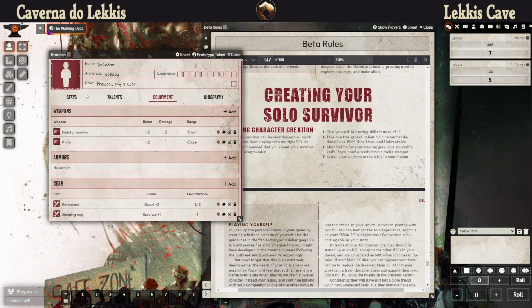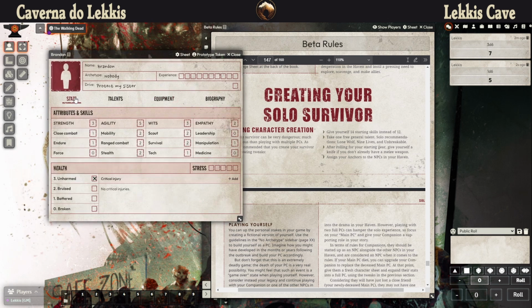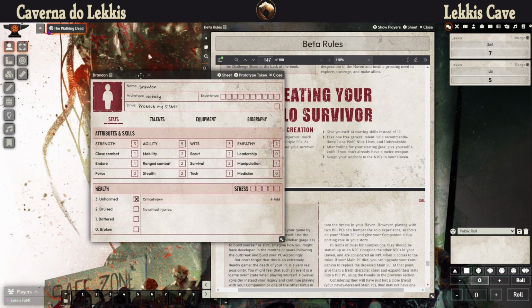So now Brandon sees that, okay, we are out of food. I cannot leave my little sister Annie behind, so I need to take her and try to look for food or try to find my daddy. And this is my starting point,